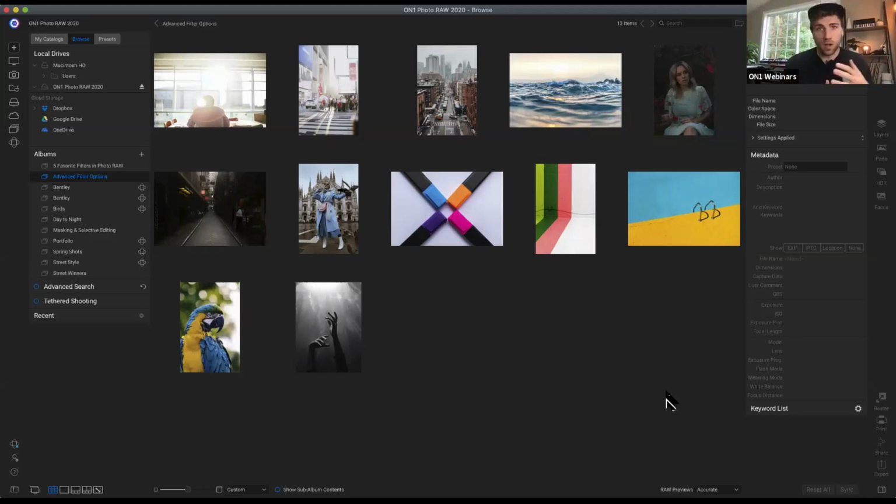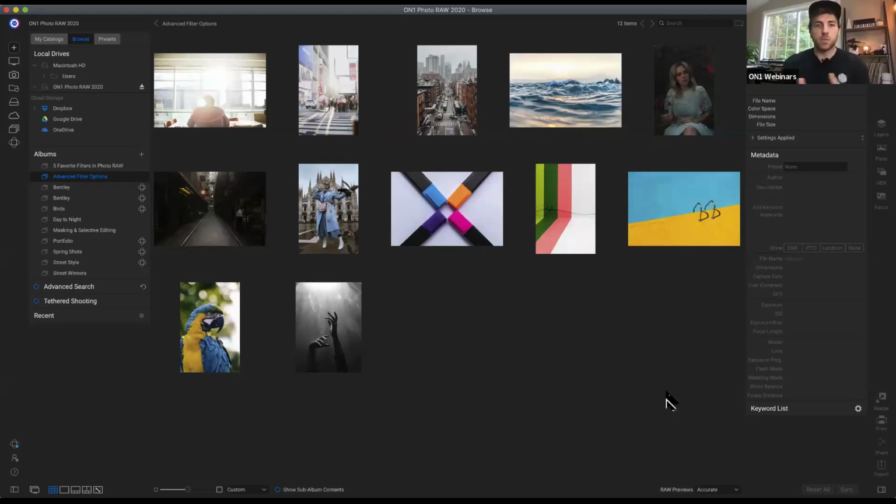If you're not sure what blending modes are, they're a really awesome way to blend certain effects and layers onto your images, pull out certain tones without modifying any of the exposure. They're a really cool tool for photography. So we're going to start off with blending modes, and then we'll move on to the Apply To menu. And the Apply To menu is not crazy complicated, but it can be a bit confusing with some of the filters and local adjustments. So we're going to dive into that at the end, but let's get started here first